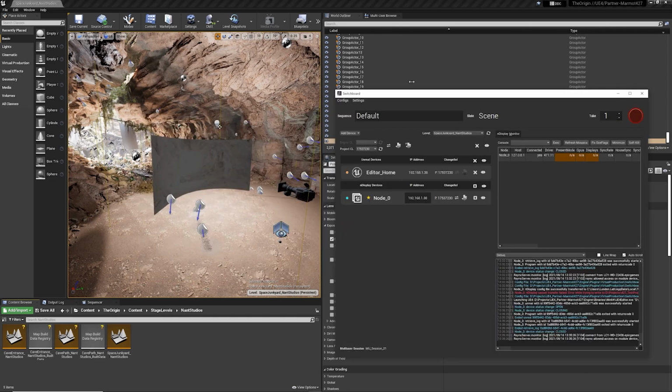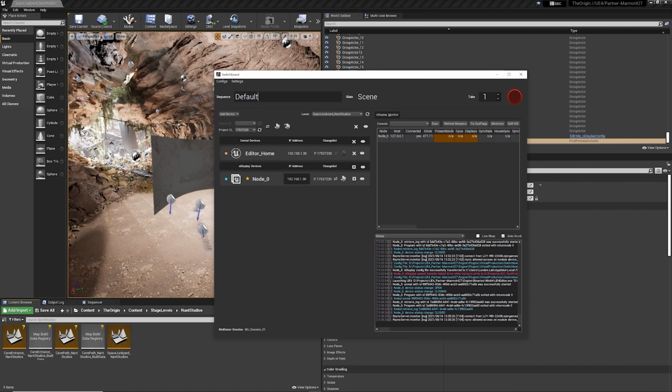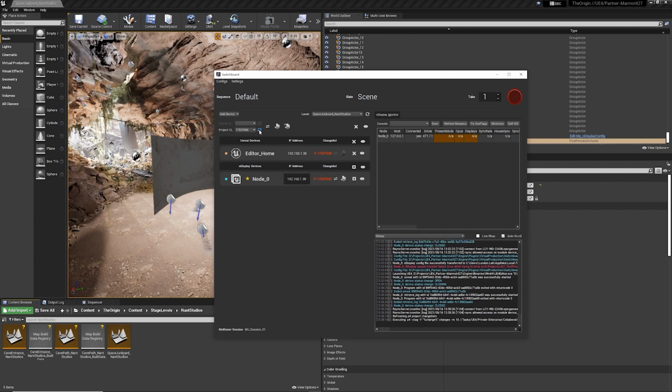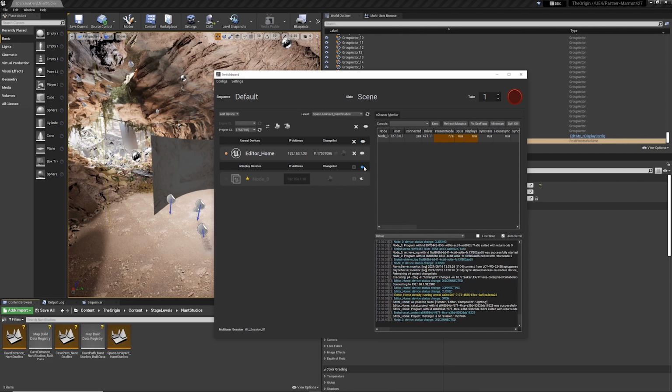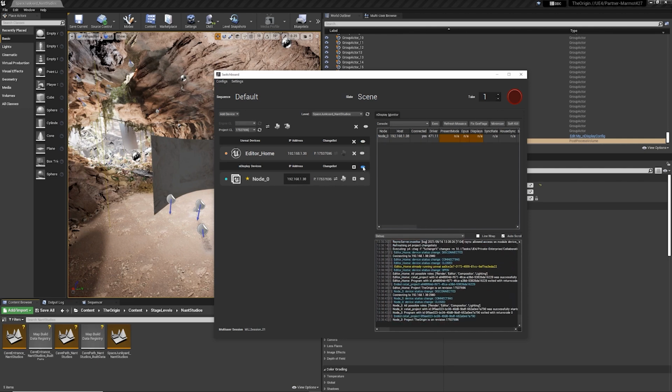So back in Switchboard, here's our project change lists. You can see that that change list we just created isn't in the list. So let's just refresh that. And now you can see that it's now the latest change list. And we can also see that our machine is out of sync because these are on a different change list as highlighted in orange. Now this is a slight misnomer because of course we're on this machine, and so actually if I disconnect and reconnect, it's going to refresh the change list, and then we're going to realize that actually we are on the correct change list. But if these were remote machines, that's not the behavior you would expect.